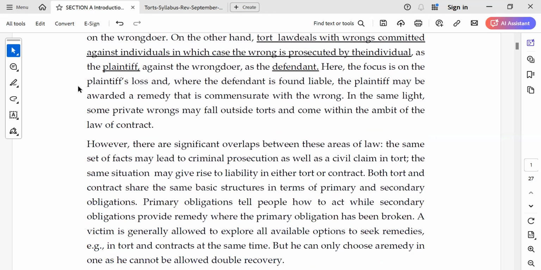Here, the focus is on the plaintiff's loss, and where the defendant is found liable, the plaintiff may be awarded a remedy that is commensurate with the wrong. Commensurate with the wrong. Basically, here the focus is on the plaintiff, and we see,